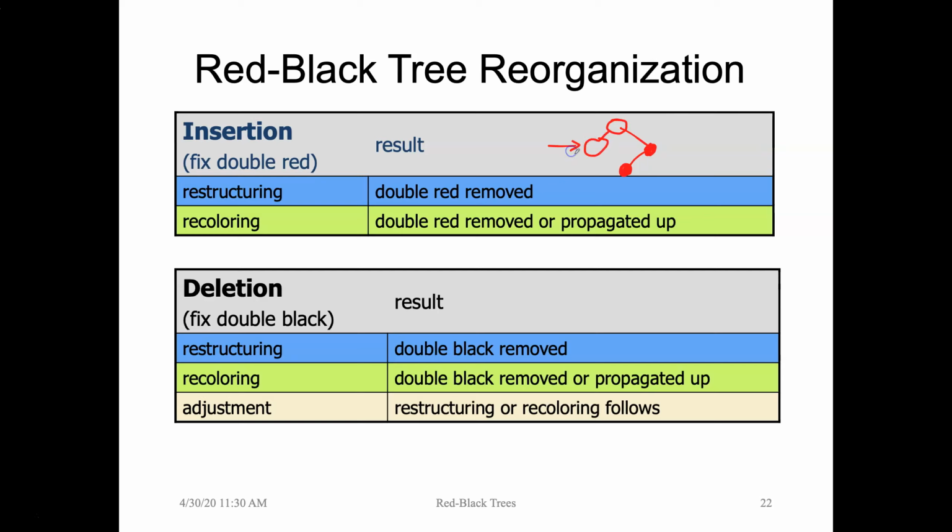If the sibling of our double red is black, then we do a restructuring. If the sibling is red, then we do a recoloring. If we do a restructuring, we fix our double red locally and globally, so we can do one restructuring and we're done. If we do a recoloring, then we definitely fixed it locally, but maybe we just moved that double red up our tree,